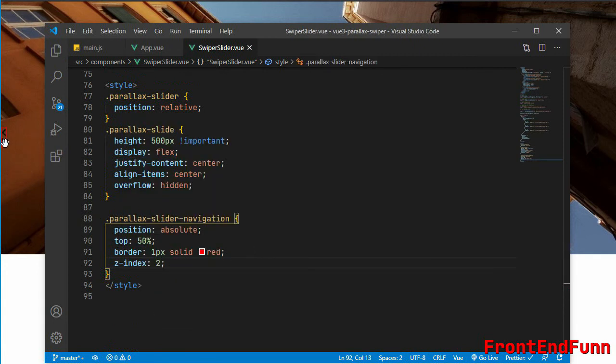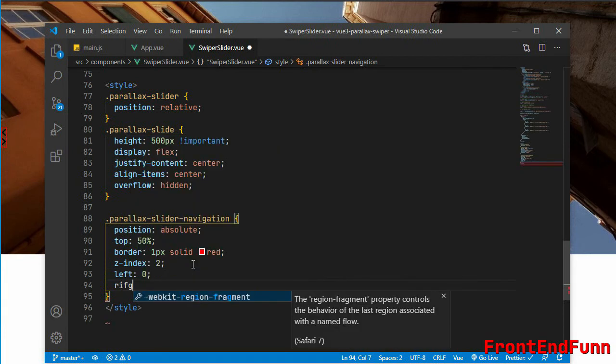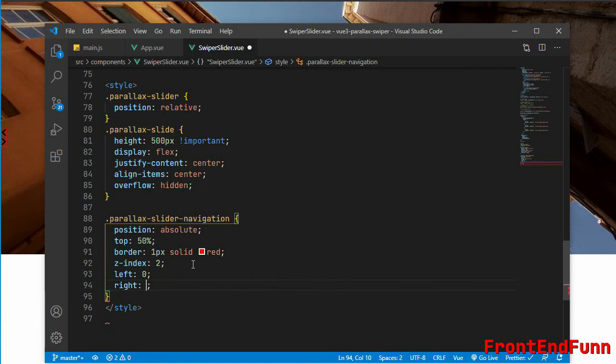As you can see, the arrows are at the left, so we'll set the left to 0 and also the right to 0 and set the margin to auto.